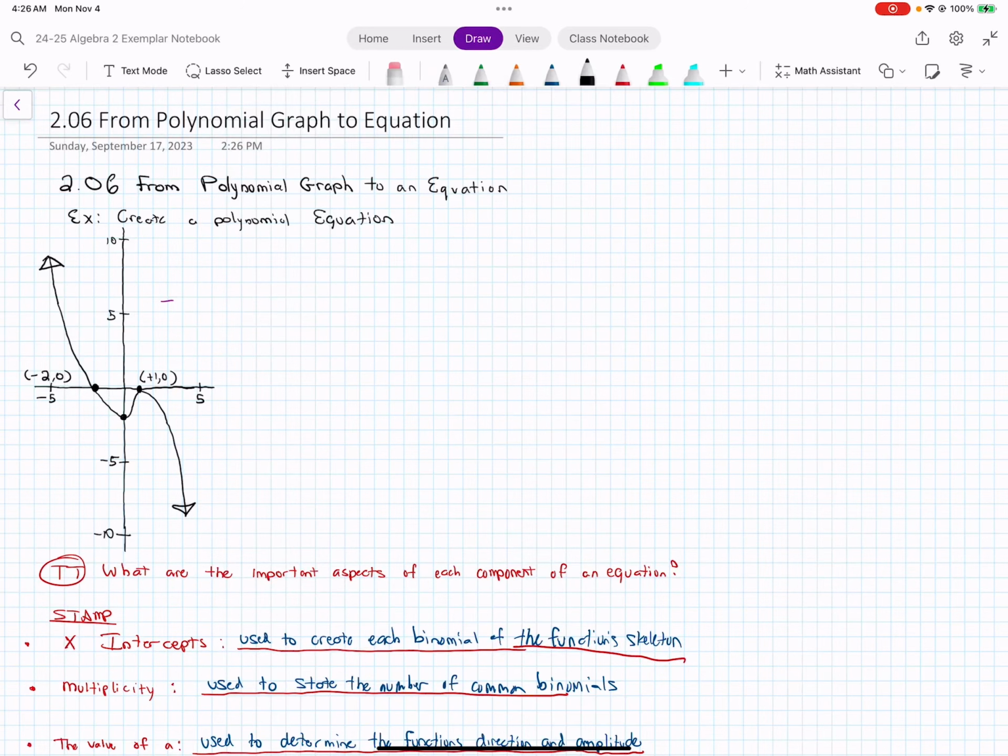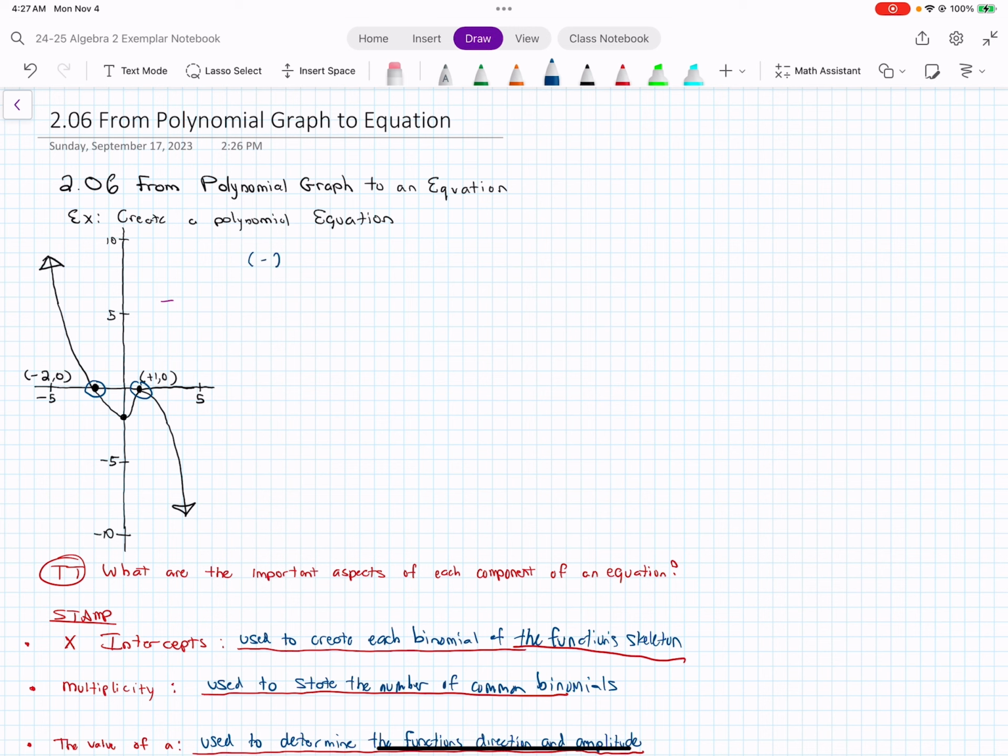Alright, so let's begin. 2.06 from polynomial graph to an equation. So we're going to create a polynomial equation utilizing the graph. Please take a minute to go ahead and write this graph. I suggest you pause the video to write down the skeleton notes. Okay, so our first step is to identify the x-intercepts, which are on the x-axis, which are these two coordinate